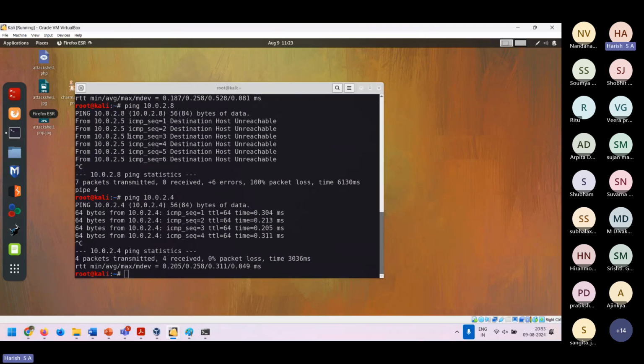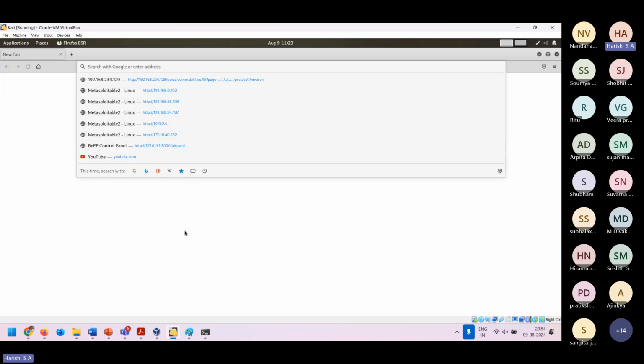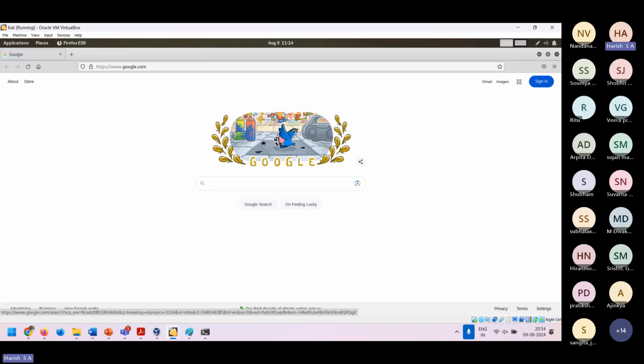Let us try to access the Metasploitable server through your browser now. Okay. On the browser as well, we are used to putting things like google.com, let's say. All right. But essentially what happens when you type these domain names? It gets converted to an IP address. The address to a place is not its name, but its IP address. So you have this DNS system that converts domain names into IP addresses.